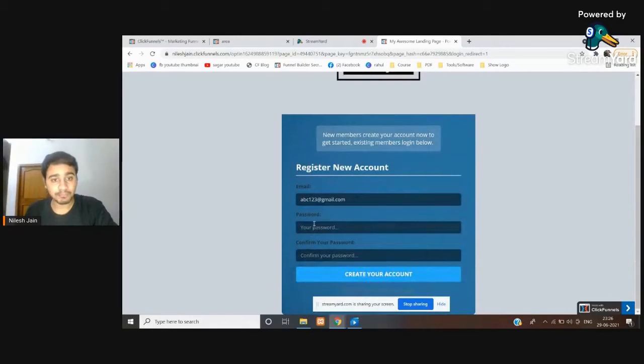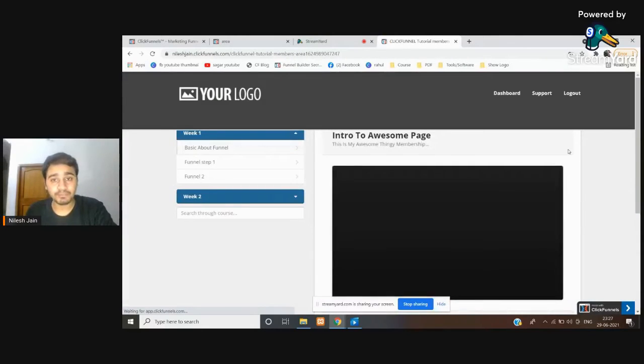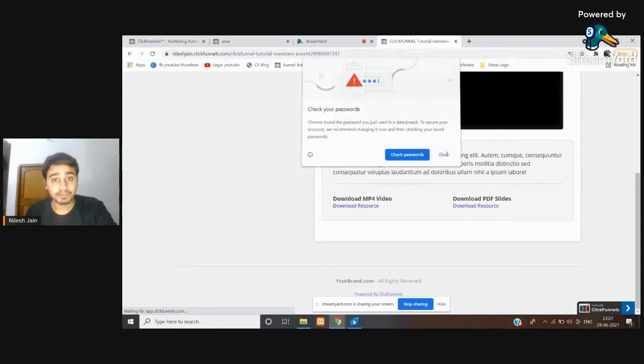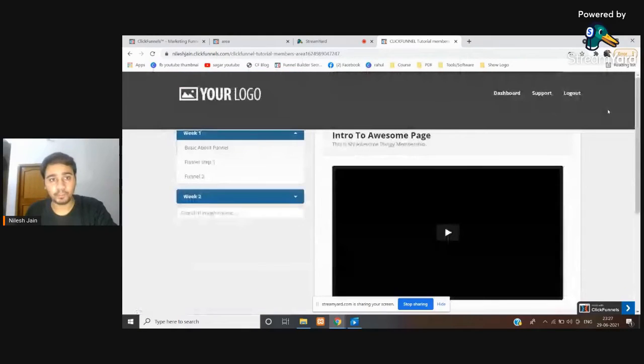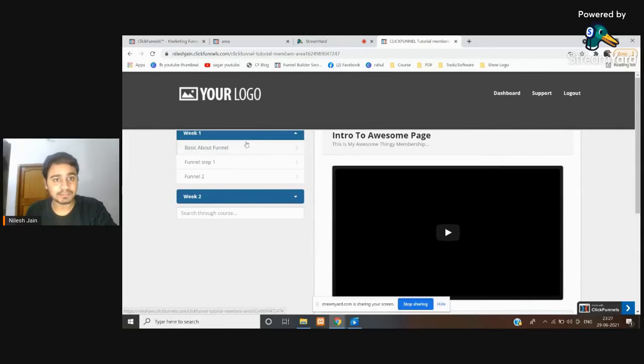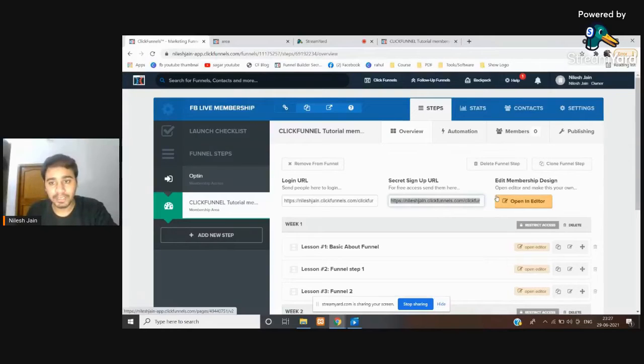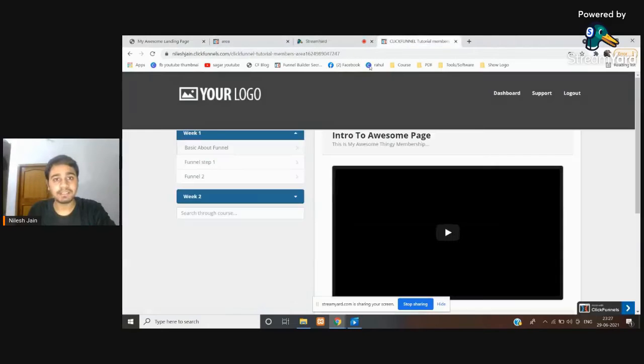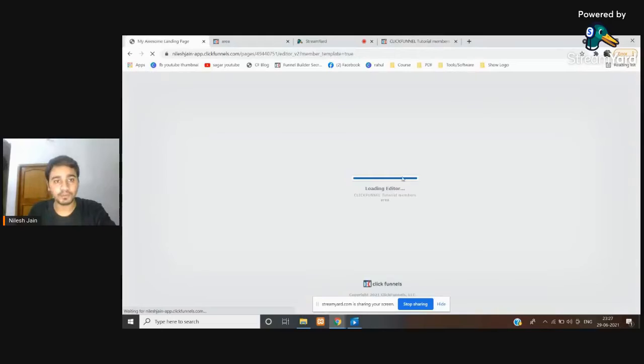So there is an email. Where you see, click on add this detail and create your account. So once I click on this, if you see, there is an open date, right? If you see, there is too much, it does not look good. So for that, if you want to edit this, click on your URL and open in editor. All the editing of this page is available here.